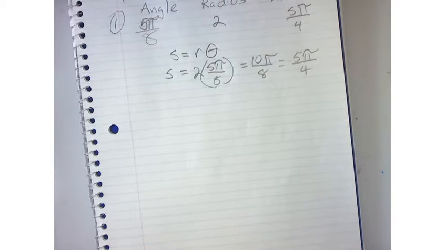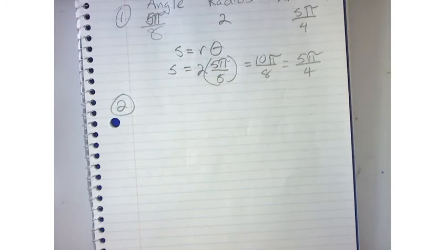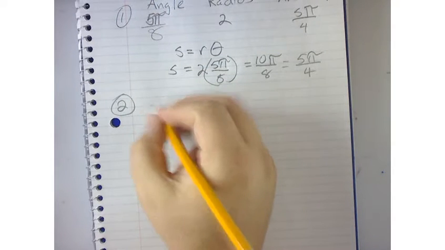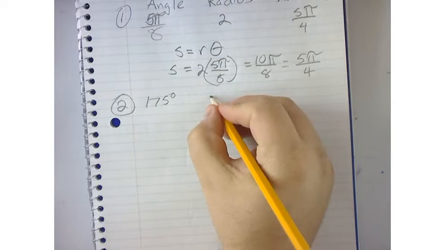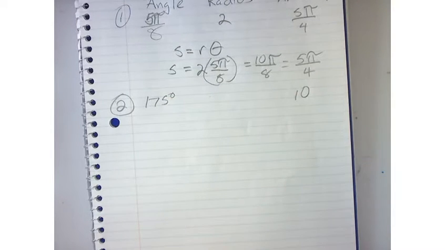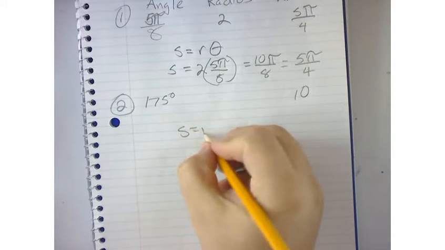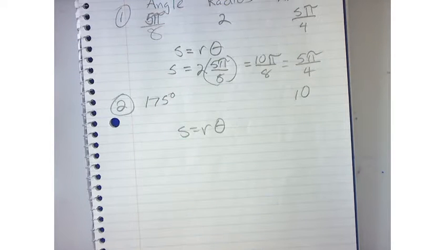Thank you very much. Now, I said earlier, let me do problem number 2, because I know somebody will ask me, Mr. Adams, problem number 2, I don't know what to do. So, here they give us 175 degrees, then they tell us the arc length, but not the radius. So, it's still standing room only, but the problem is that theta needs to be in radians. There's lots of ways that you could do this. You could do this on your calculator if you're lazy, but